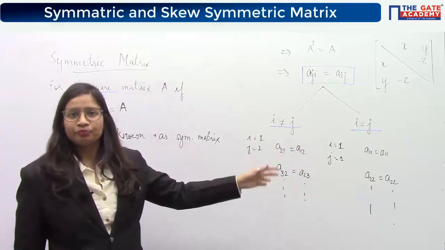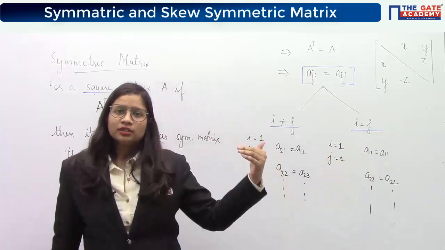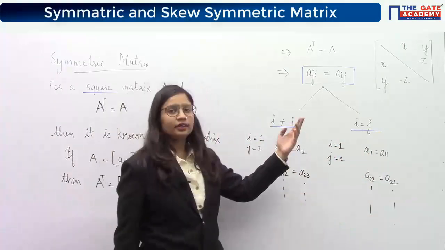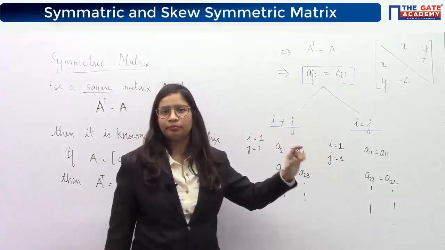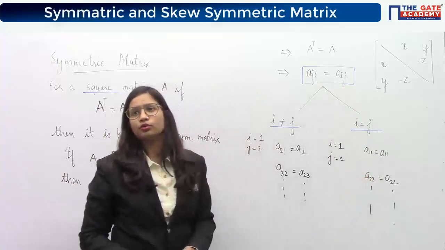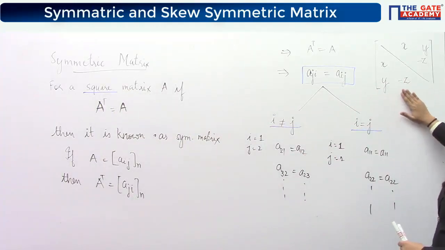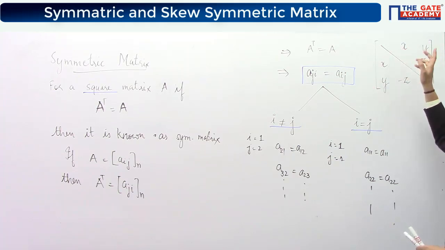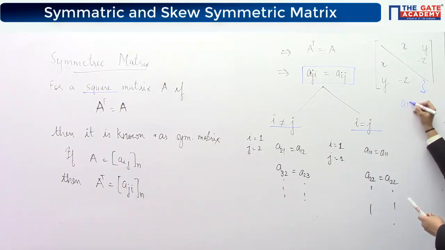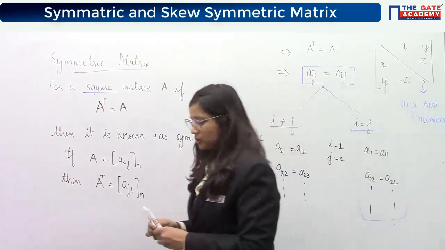So this means that for every number it will be satisfied: -2 equal to -2, 2 equal to 2, 0 equal to 0. That means there is no condition imposed on your diagonal elements. They can be any number and still this equality will hold true. Understood or not? So for forming a symmetric matrix, the symmetric matrix will look like this, where the non-diagonal elements will be mirror images about the diagonal, and the diagonal elements can be any real number, because this is satisfied for all the numbers possible.